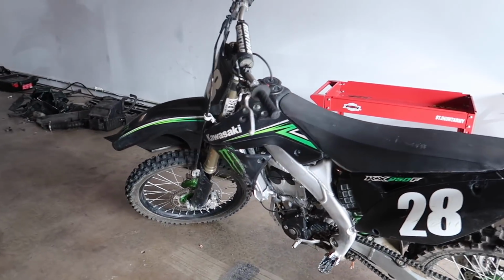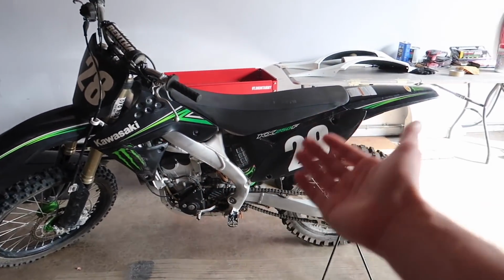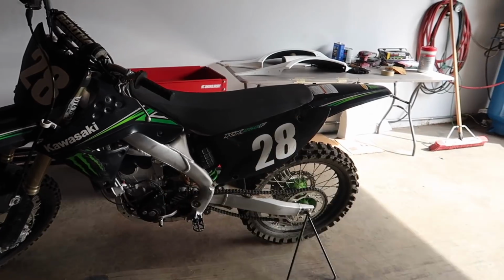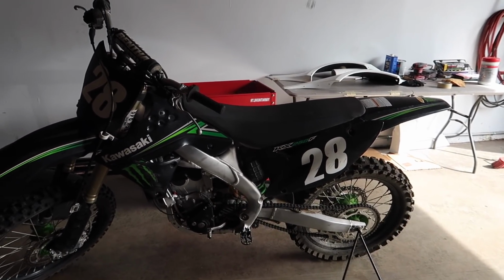For those that are asking, and if you do not know, this is a 2009 KX250F 4-stroke. I've actually had this bike since about 2010 and recently got it back from my dad. I was at his house. I used to go to the track and I used to just go to the desert. The desert was kind of what I more so switched into as I got older, but I'm pretty familiar with bikes. Been riding them my whole entire life,